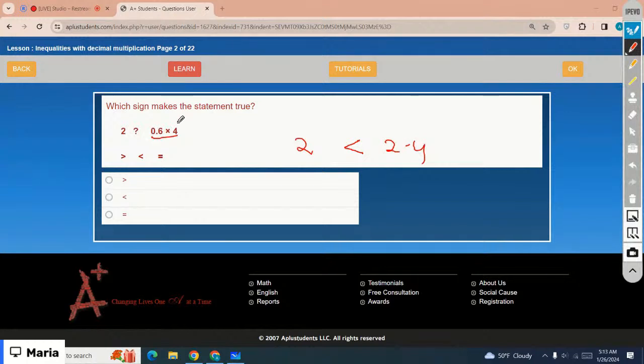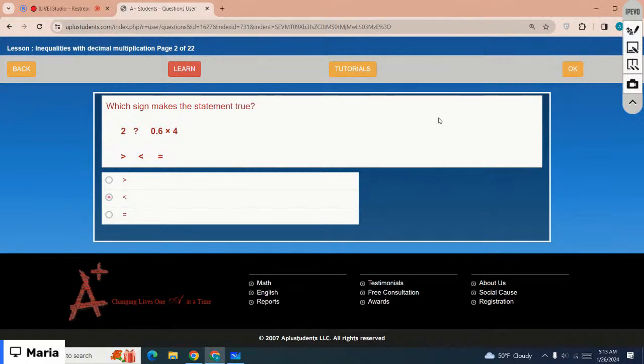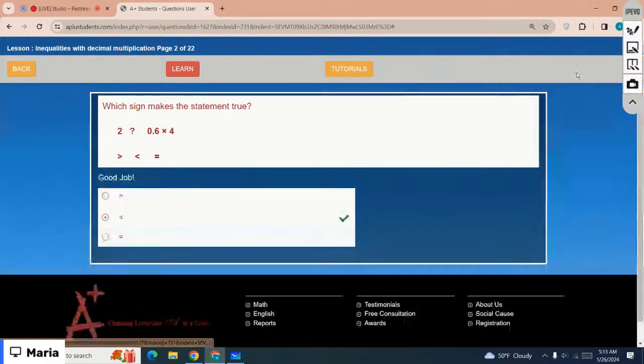The correct option is option number 2. 2 is less than 2.4. Got it? If you have any question, you can ask. Be careful, use your notebook and pencil, solve the question on your notebook and then write the answer in the